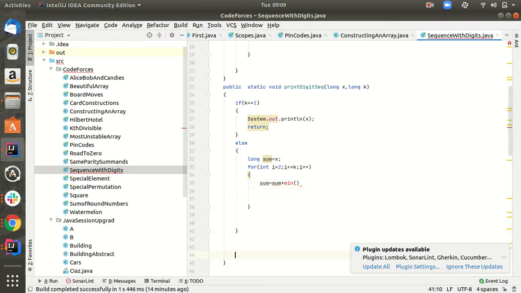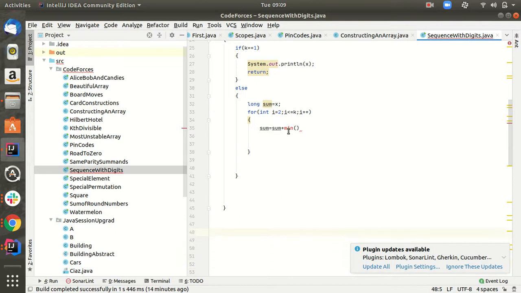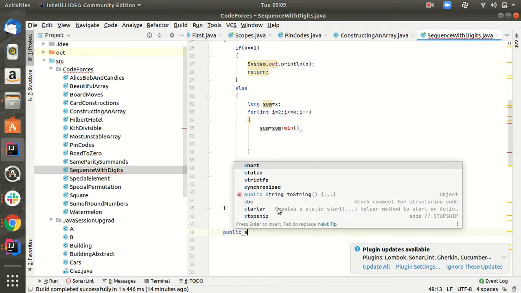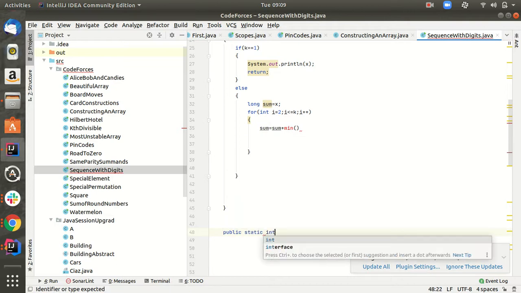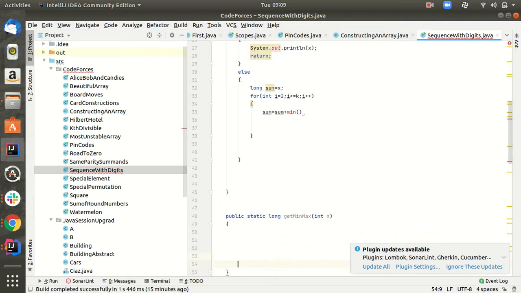So we'll create a function which will return min into max. Public static long getMinMax, taking a long n.